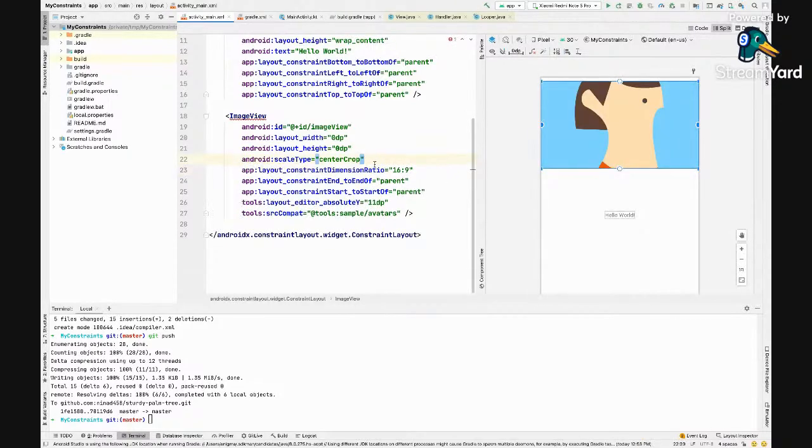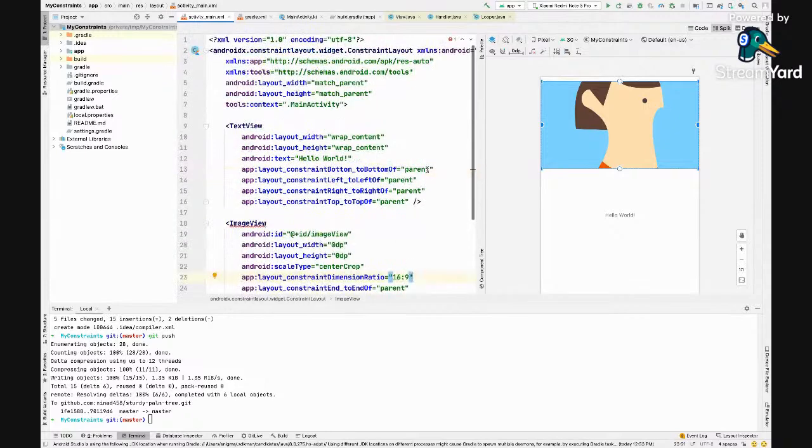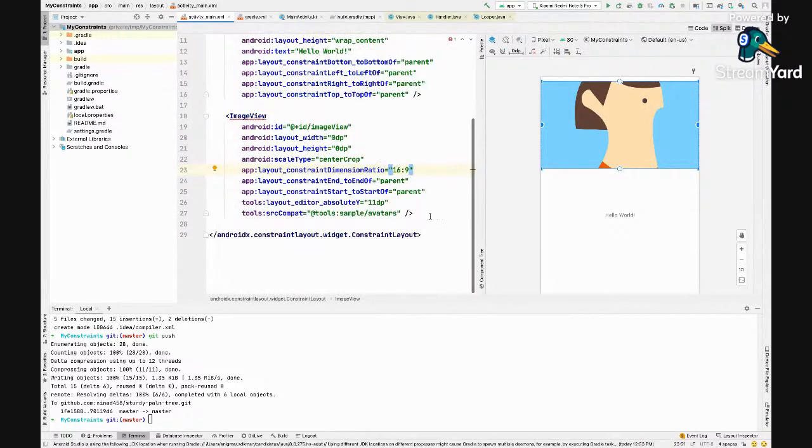The height to width ratio is completely dependent on how much width is available to you, or how much height is available to you. You can have the reverse also. In this case, width is your dominating factor, but it can also happen that your height is your dominating factor. So in that way, it will adjust according to the dimensions. Then you have